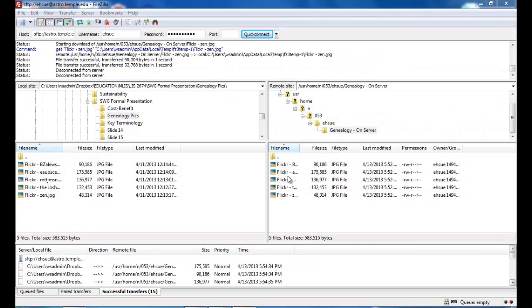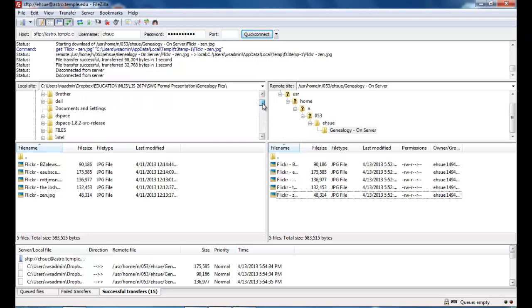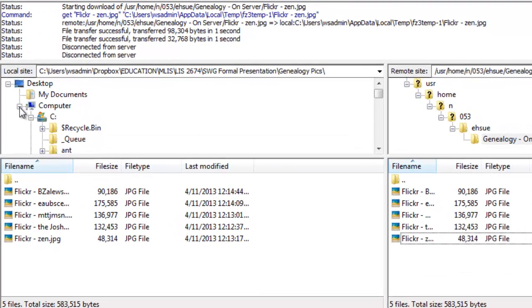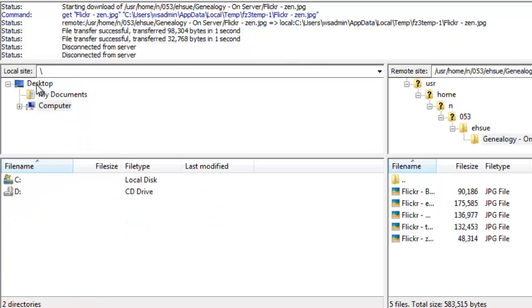Now we are going to perform a checksum test post-transfer to ensure that the files now on the server are exactly the same as the files on our local computer. Let's first download the server files to my desktop. So I'm going to go to the local pane and make a target folder for my local pane. So I'm just going to go to desktop,